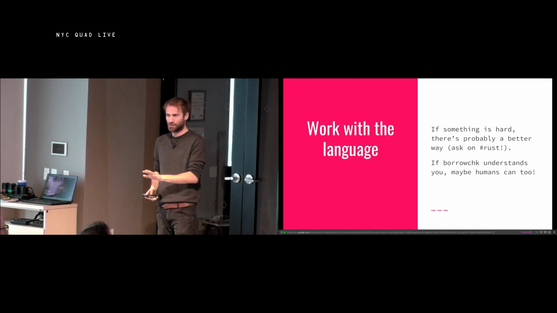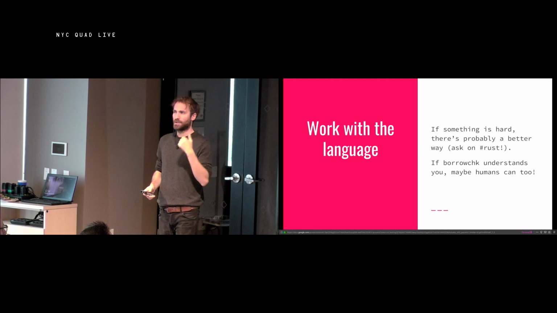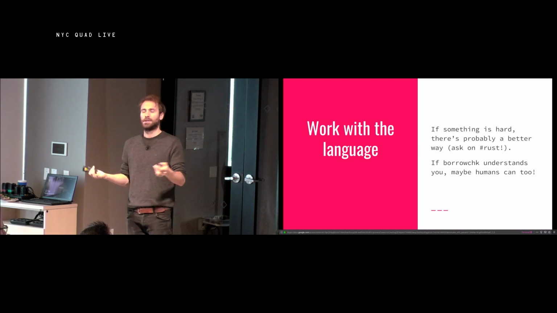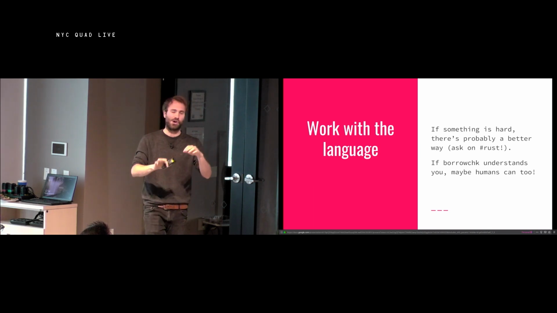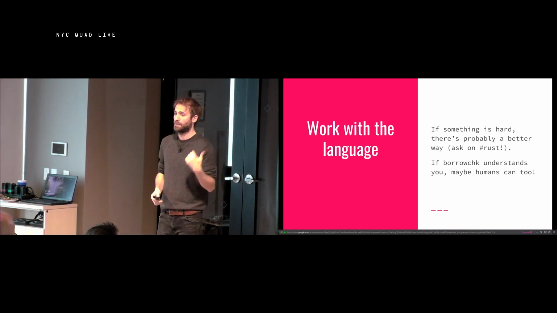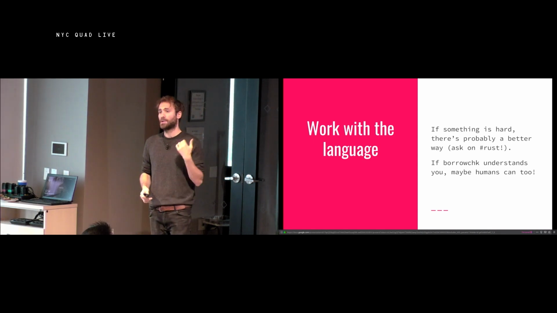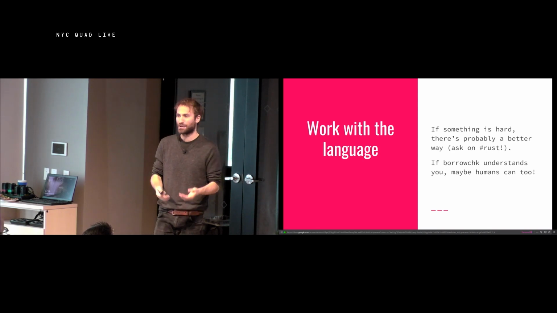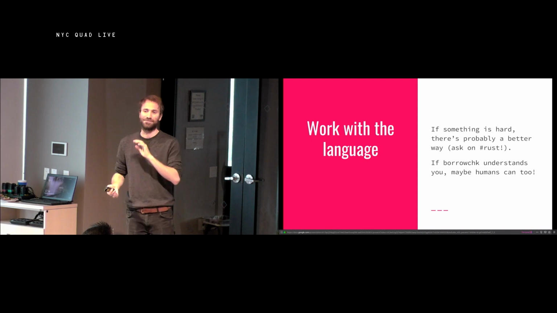In some cases, the compiler is just being stupid. So there's an IRC channel. There are also Discord channels and Gitter channels and all the other things. But in particular, the IRC channel, this is called Rust on Mozilla net, is really good. There's also a Rust beginners channel there. If you get stuck, ask a question, and someone, probably from the Rust core team, will come back to you in like 5 minutes. It's fantastic.